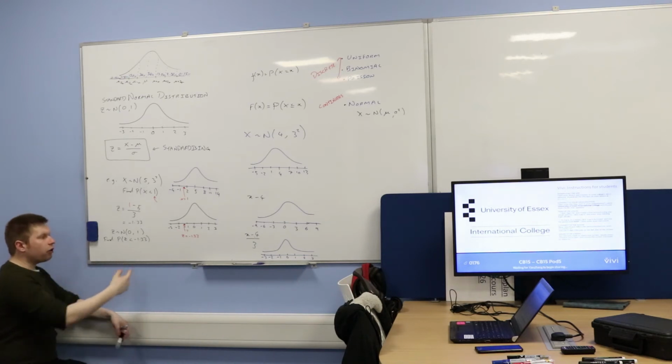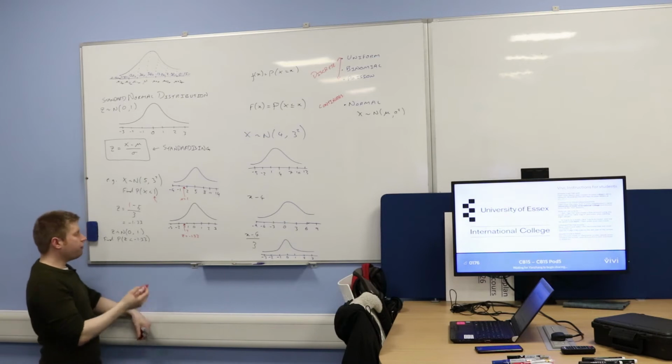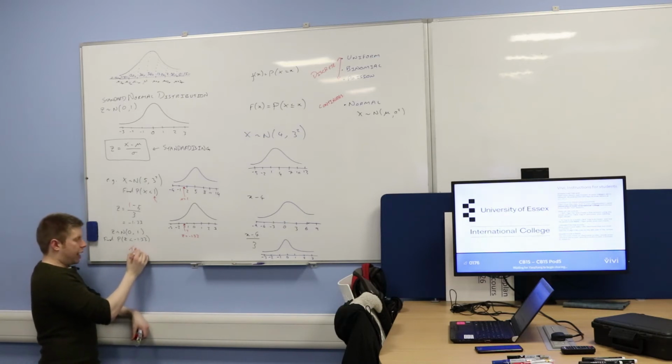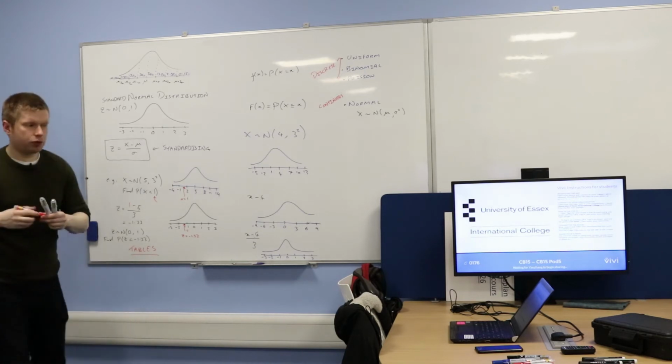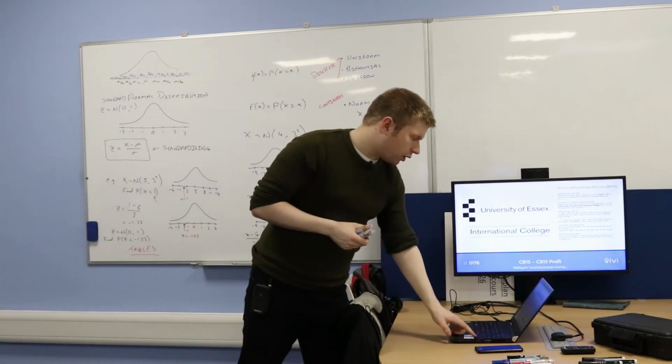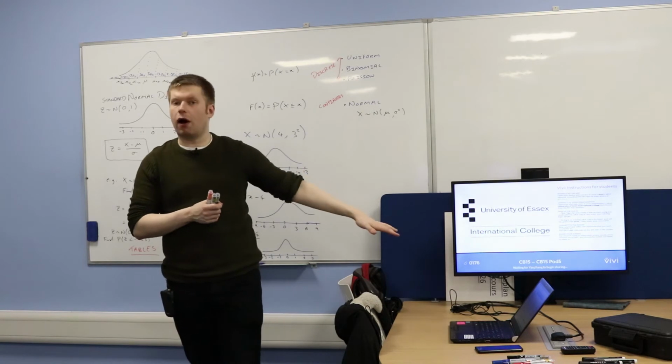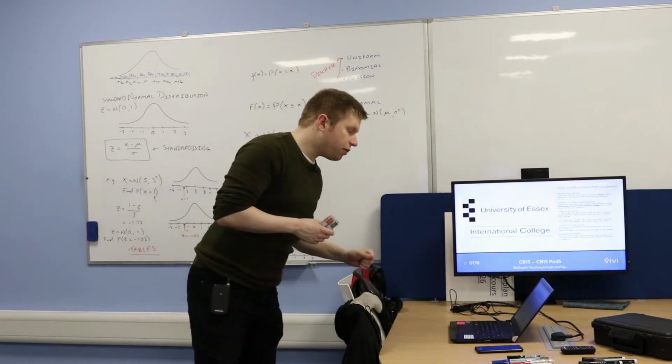So the question is, well, how do I find that probability? We have a table. We have a table to do that. Okay? So I'd really want to show you where those tables come from. If you have a look, I'm not too worried about it because it's in the slides. Okay? So if you have a look at slide 37,